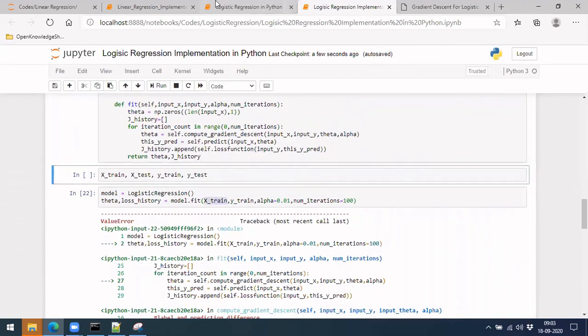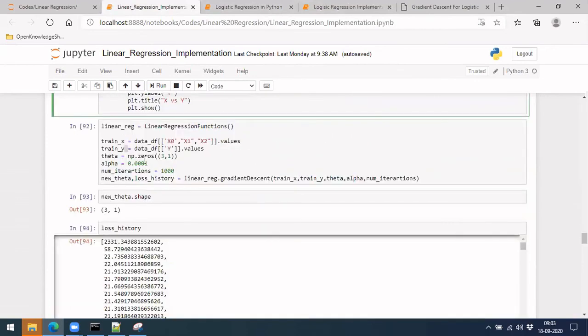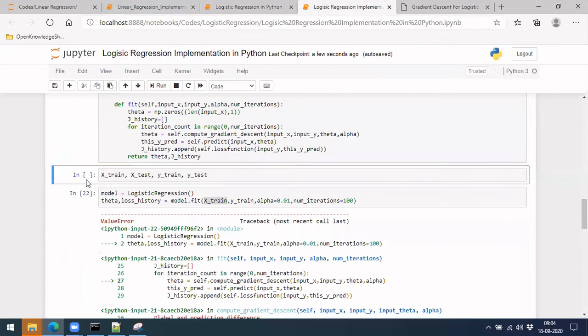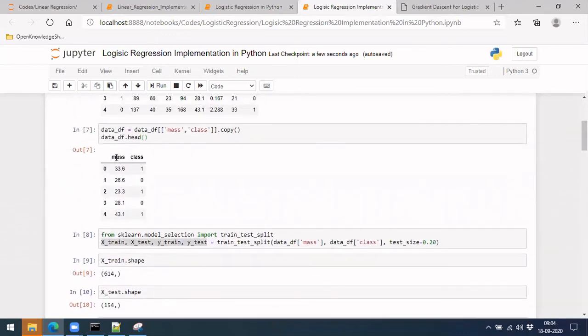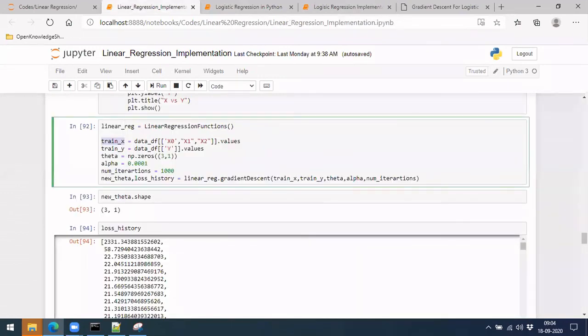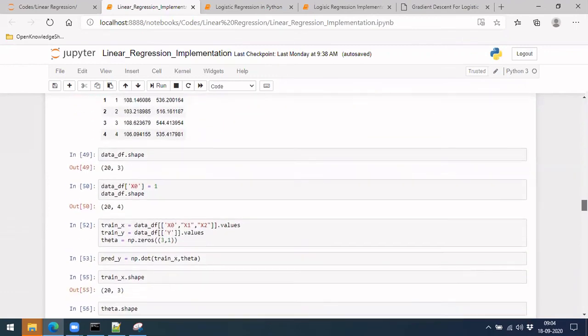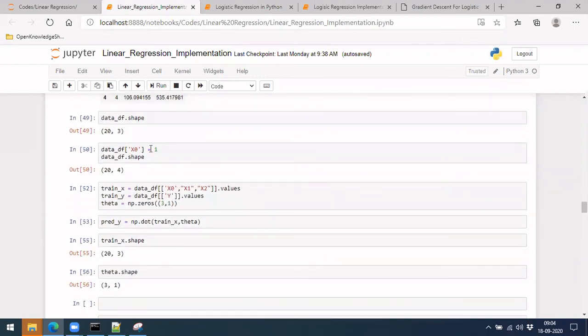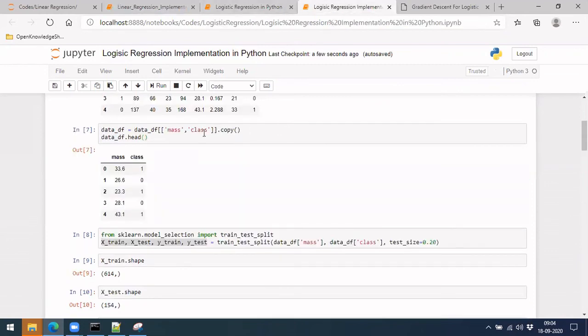If you remember in linear regression, if you take X train and look at its shape, it will be 3 comma 1, like some rows comma 1, rows comma 2, something like that. And one more thing, we did not add x0 here, right? If you remember, last time we added x0 and then used it on top. You can see x1, x2, and we added x0 as 1 as well. This we did not do here. So let's also add that part.